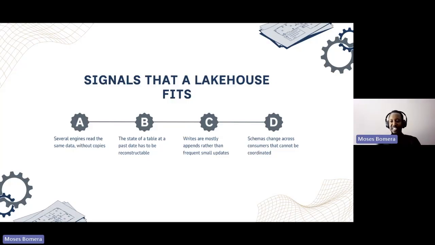And then a schema change. Think of, I want to add a column to a table or remove it, and I have so many consumers, like we looked at earlier, where you have so many people reading different things from that same data. Maybe the machine learning team needs only 3 columns from that data. The business intelligence team needs maybe 5 columns.